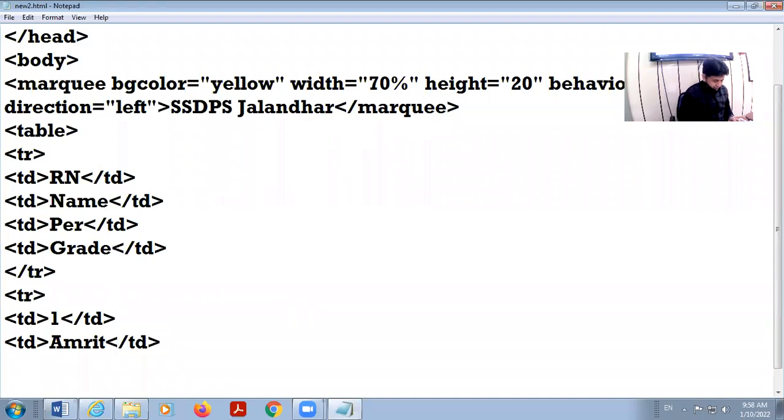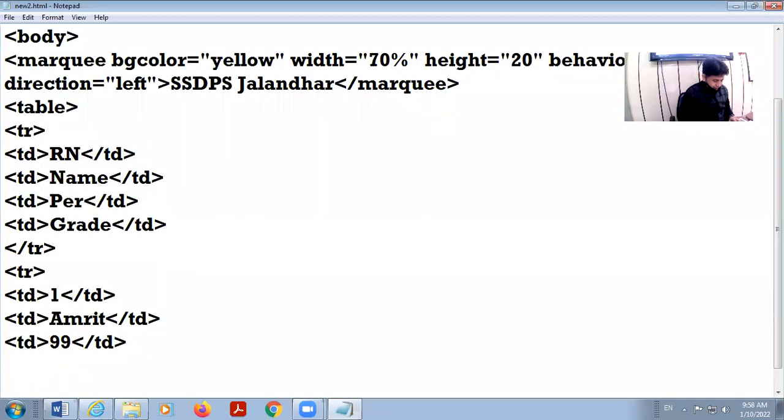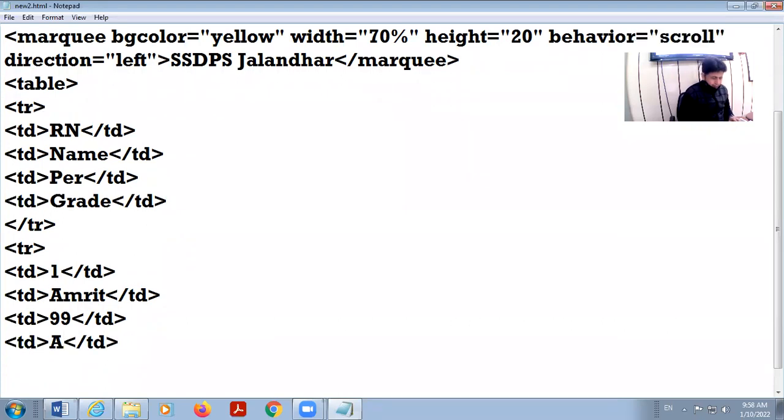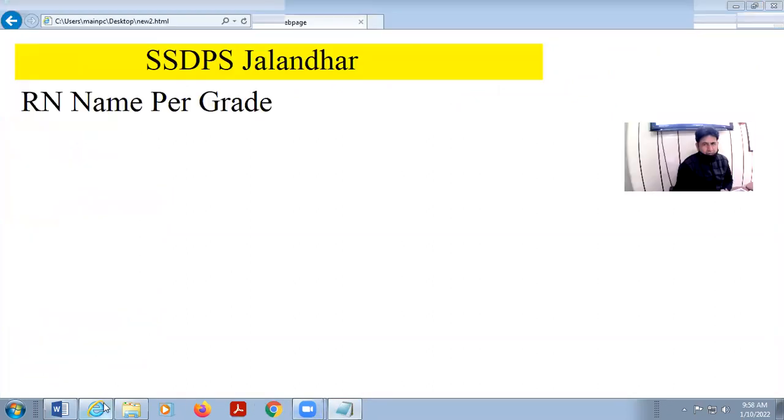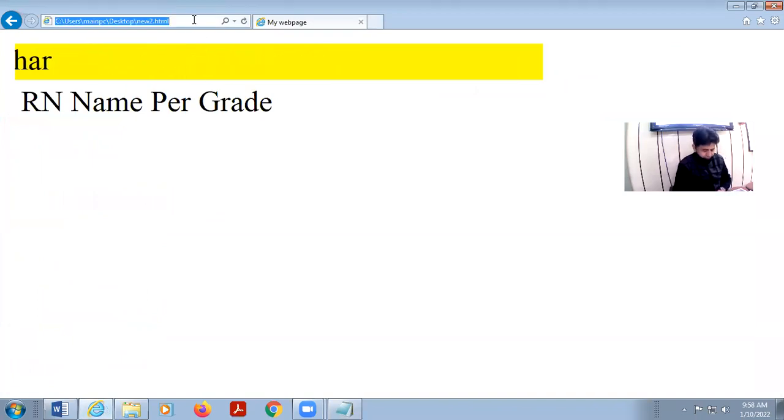And then marks are 99. And then grade is A. My second row is complete. So I will have to close TR. So I am saving this, and in my document, I am refreshing the page.